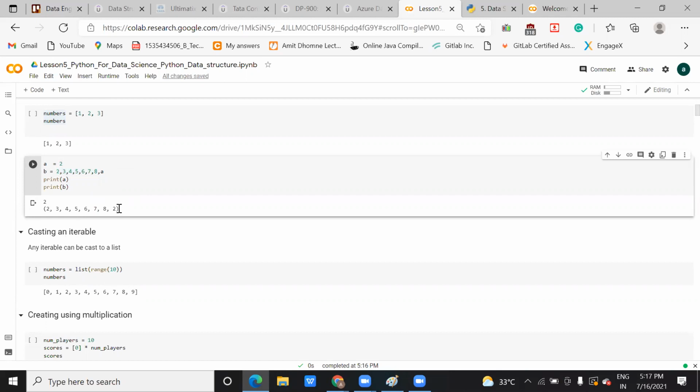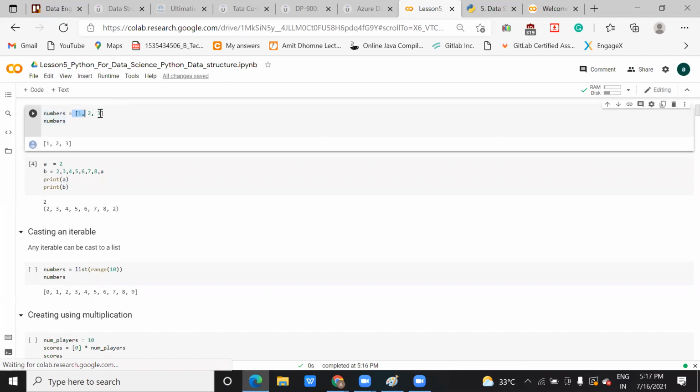Okay, so in that case you are going to use this one. Now, this number variable you can see, I have saved here data 1 to 3, and what does this square bracket stand for? This is a list, the list data structure in Python, and it is holding three data. This number is going to act as a single entity, a single variable, and when you want to access it, you can access it also.